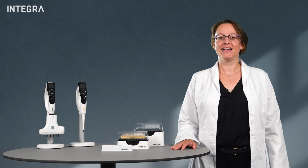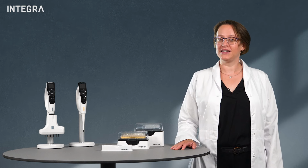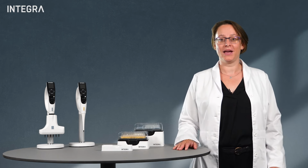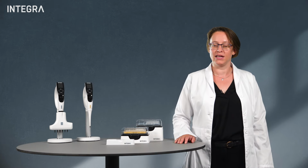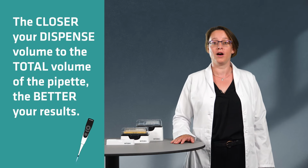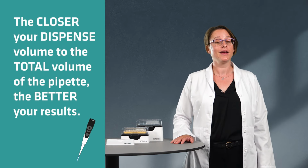Hello everyone! Some pipettes have fixed volumes, but most have a volume range which the pipette can handle. Are you aware that the volume range of your pipette can have a very big impact on both accuracy and precision? Essentially, the closer your dispense volume is to the total volume of the pipette, the better your results will